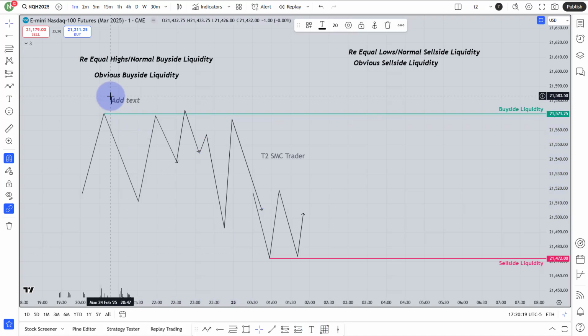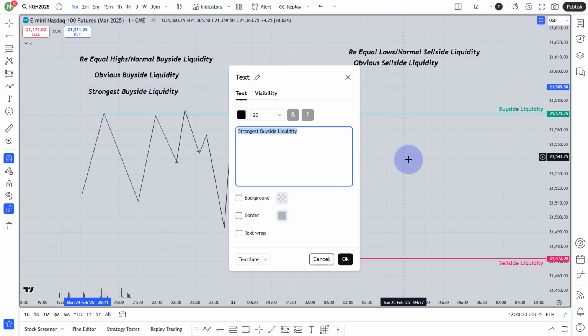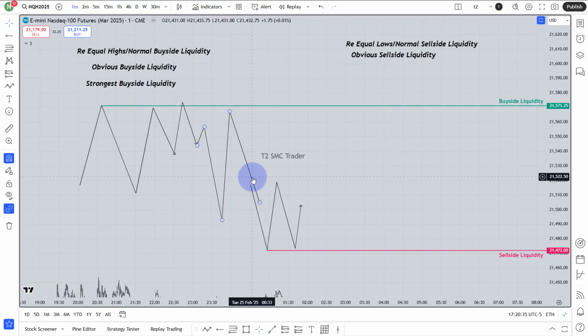So I'll mark them as strongest buy side liquidity. This is the third type of liquidity, which is called strongest buy side liquidity. Same thing here for the